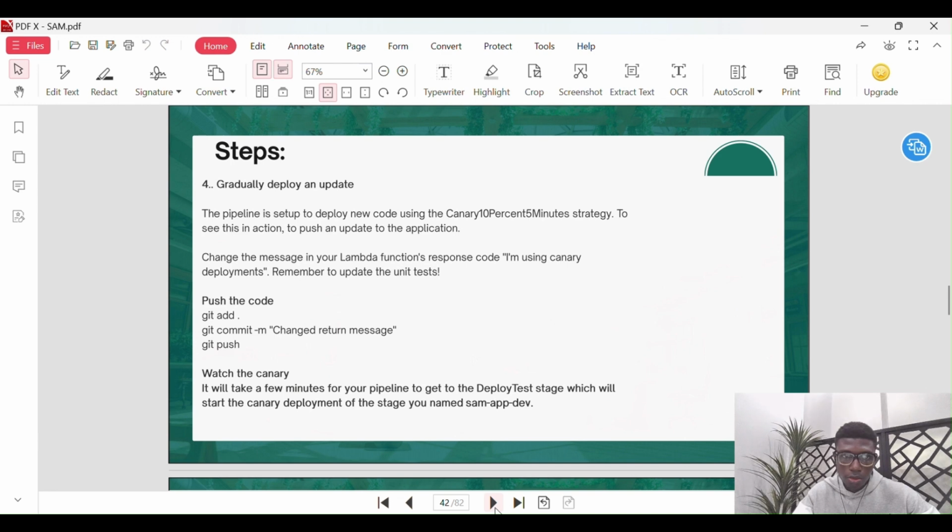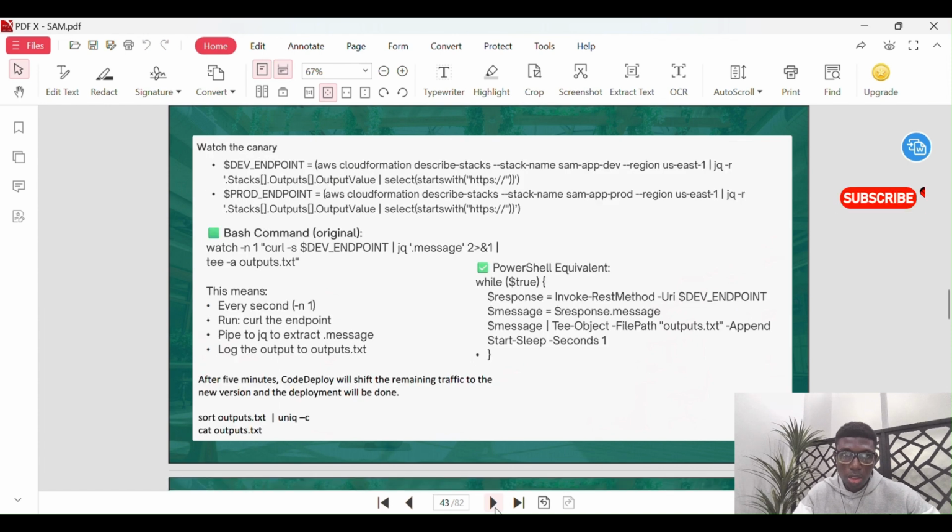I've done this with the Canary 10% 5 minute strategy. That's gone. So now I want to watch the Canary, and then I want to export my